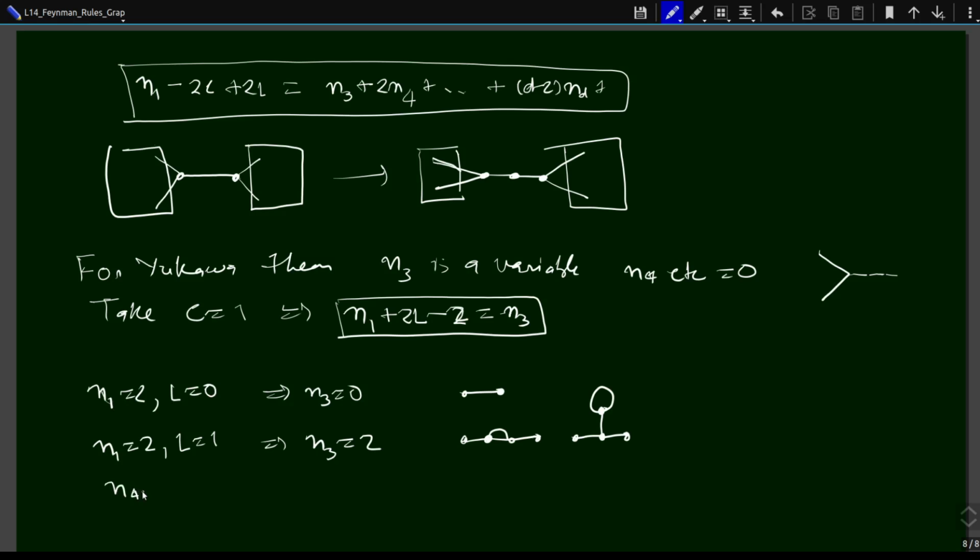Okay, we can also try n3, nothing wrong with that. We have not talked about that, so let's just try n1 is equal to 3 and L is equal to 0. So 3-point Green's function, n3 is equal to 3, L equal to 0. So 3 minus 2 equal to 1, so that gives me n3 is equal to 1, and the diagram would be,